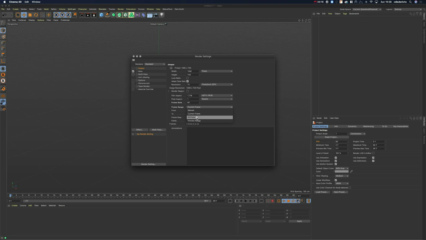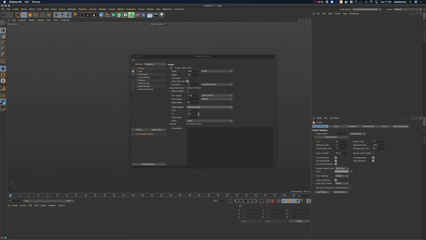You can go to all frames, and we can go to preview range. This will just use what we have here in the preview range. So let's say our animation will be 240 frames, but we just want to render the preview range. So I can just adjust my preview range maybe to 90 frames, and then the preview range will just render